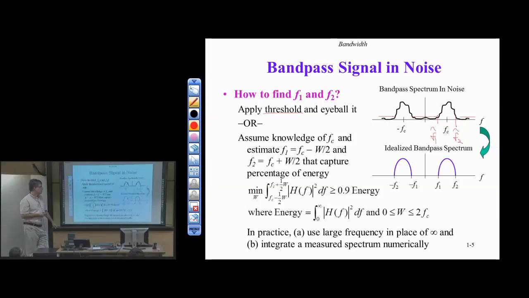Now we come back and do the same kind of thing as in the previous slide, which is to have a quantitative way of estimating F1 and F2. Now the good news is it looks like we have two parameters that we have to find. The good news is we really just have one, if we assume knowledge of the center frequency FC. Okay, so some examples. If this were AM radio broadcast, you want to tune into the zone 1300 kilohertz, you know what FC should be. If you're working with Wi-Fi, at least in the 2.4 gigahertz band of Wi-Fi, you know